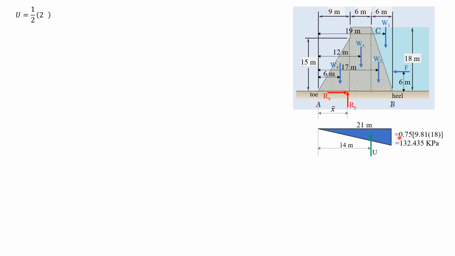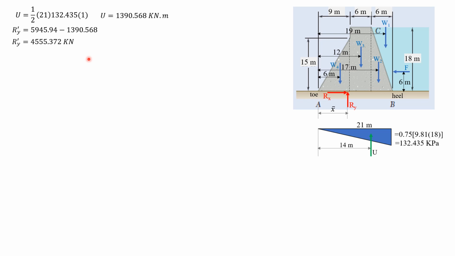So it is 1/2 of 21 times 132.435 times 1 perpendicular to the board or screen. The uplift force is 3090.568 kilonewton. This uplift reduces the value of Ry, and it increases the overturning moment. Righting moment remains the same. So Ry prime, therefore, is equal to Ry previous 5945.94 minus the uplift force 3090.568. So Ry prime is equal to